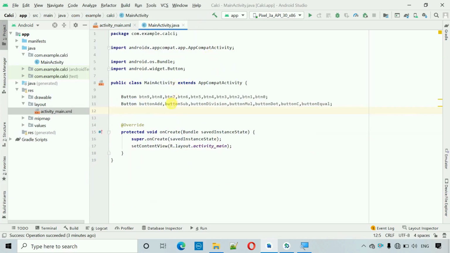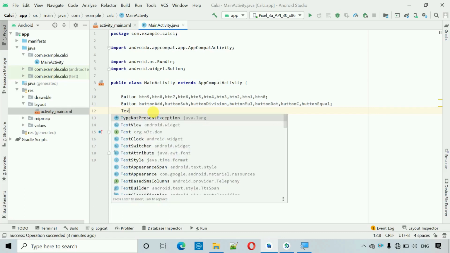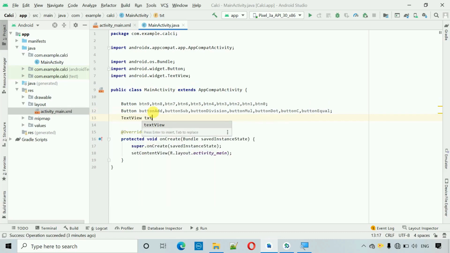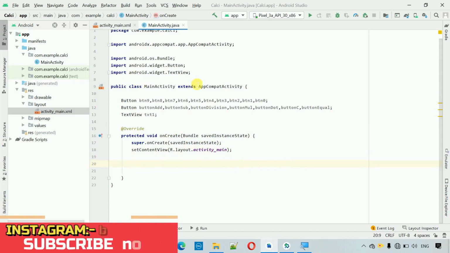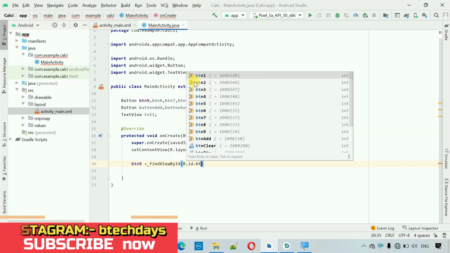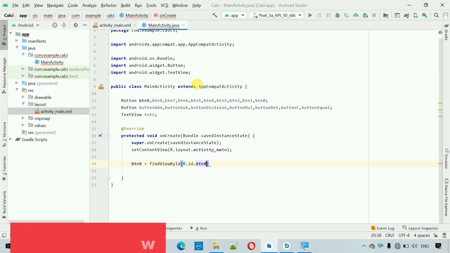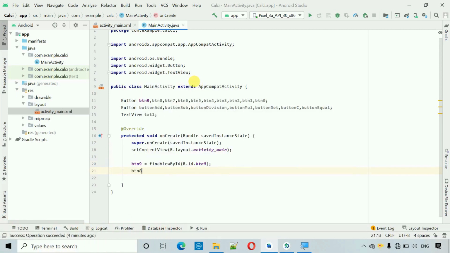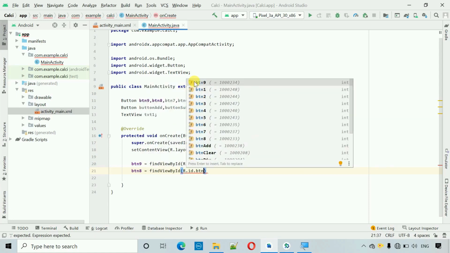After this, move back over here. Initially we have one text view, so I'm going to name this one txt1. After this, we have to register all these buttons and text views. So move back inside the onCreate method and create some space, and here we start with button 9. So btn9 is equal to findViewById R.id.btn9. We have already set that like this. After this, btn8 is equal to findViewById R.id.btn8,